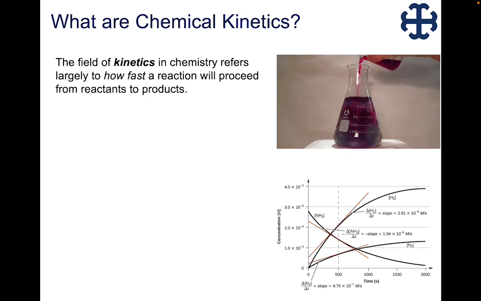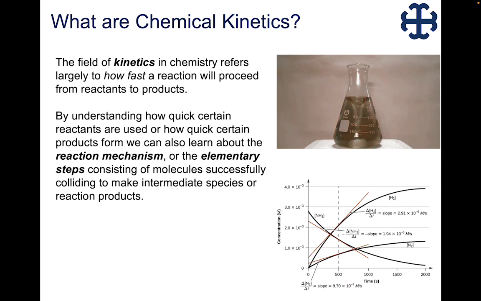And so let's just start with a very basic definition here. What are kinetics? The field, in chemistry, kinetics refers to largely how fast a reaction will proceed from its reactants to its products. By understanding how quickly that sort of transformation happens, we can also understand different aspects about the chemical reaction. So we have something called a reaction mechanism, which are essentially the different elementary steps that make up a chemical transformation, and also think about how molecules collide with each other in order to, again, go from reactants